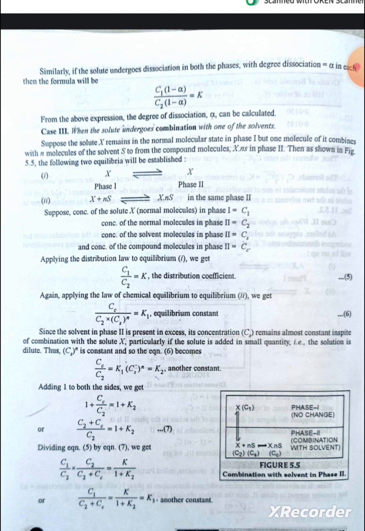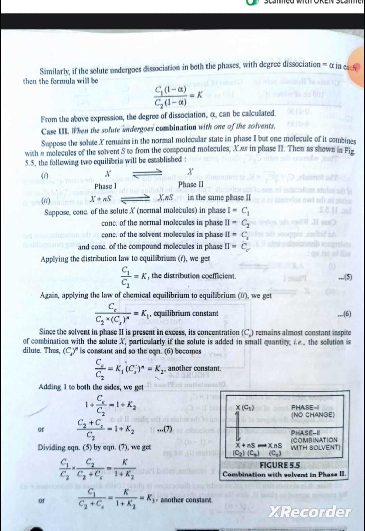Suppose the concentration of solute X in phase 1 is equal to C1. Concentration of normal molecules in phase 2 is equal to C2. Concentration of solvent molecules in phase 2 is equal to Cs, and concentration of compound molecules in phase 2 is equal to Cc. Applying the distribution law to equilibrium, we get C1 by C2 is equal to K. Again, applying the law of chemical equilibrium, we get Cc by C2 into Cs to the power n is equal